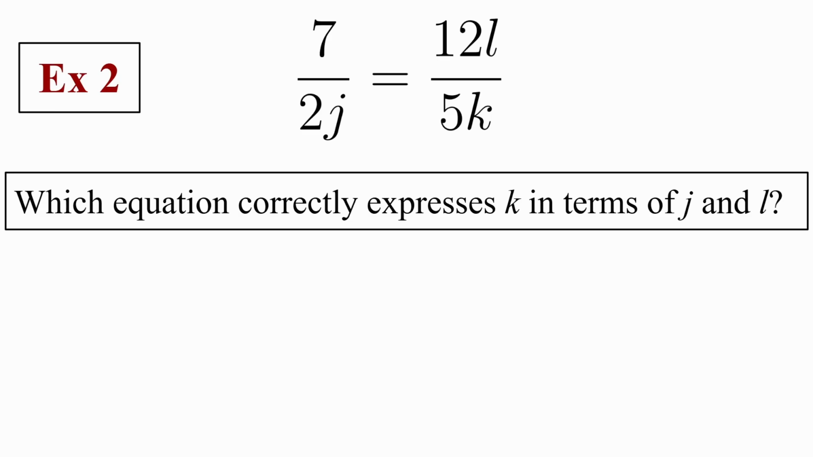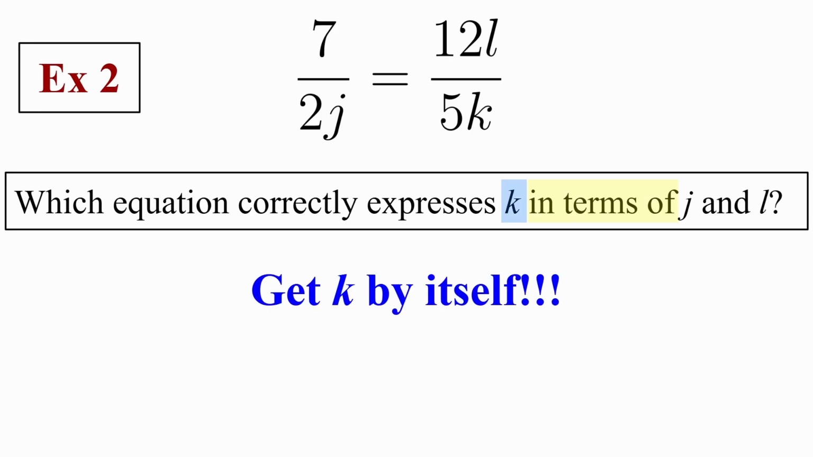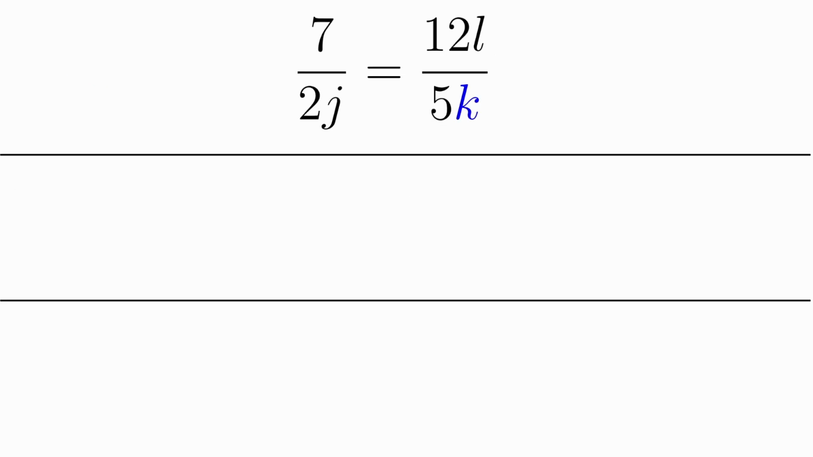Okay, so for this one, I see that key phrase "in terms of," and the letter that comes before it is K, so that is the letter we want to get by itself. We want to get K by itself. That is our mission. So whenever I have two fractions equal to each other, probably a great thing to do is to cross multiply. We just multiply the diagonal, so I'm going to multiply these two together and set it equal to the product of these two. And I get 35K is equal to